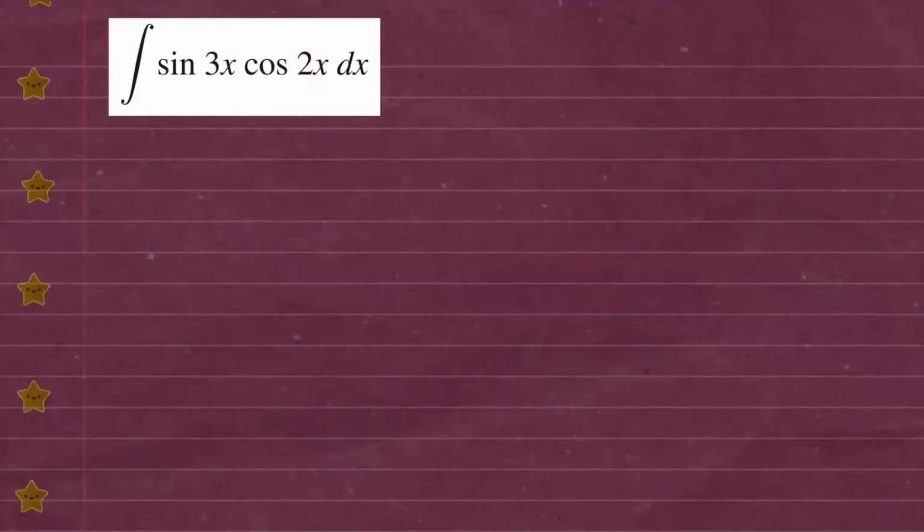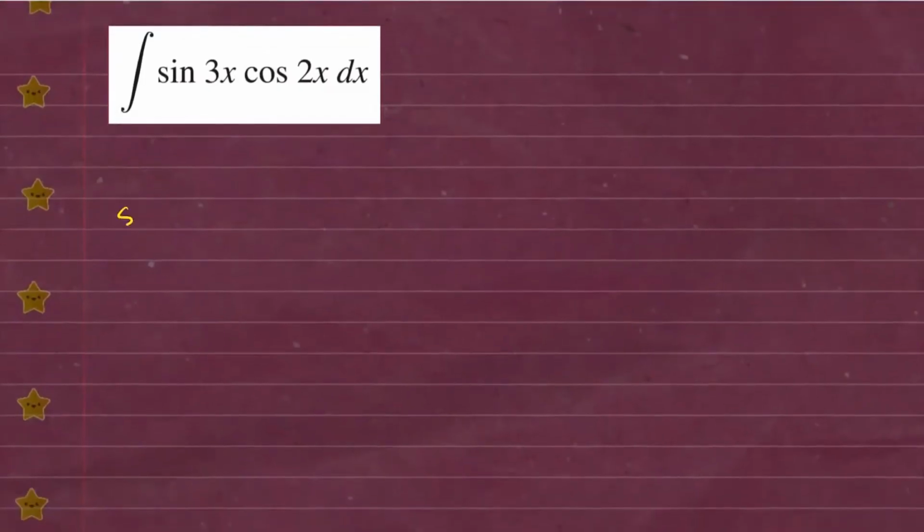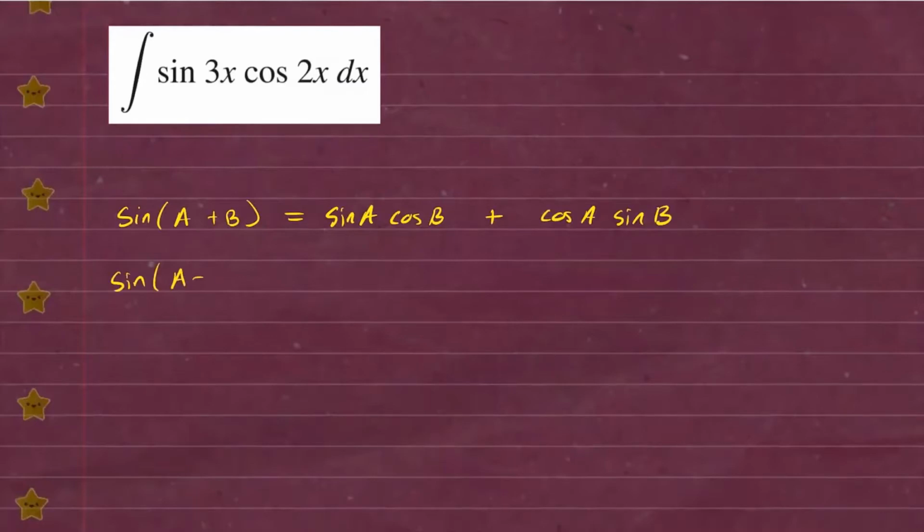One way to approach this is to apply some trigonometric formulas. Here are the formulas we're going to use. Recall the sum and difference of two angles. For instance, if you have sine of A plus B, we know from pre-calculus that this is equal to sine A cosine B plus cosine A sine B. And we also know that sine of A minus B, the difference of two angles, is equal to